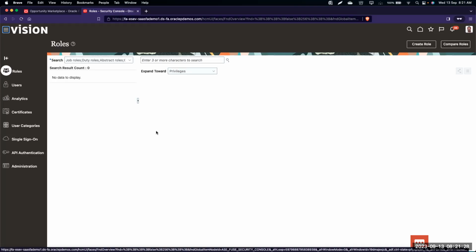Sometimes for production, the main instance, we will not have this IT security console role. It would be restricted to a certain set of users alone, because users who have access to this IT security console can access all the user account information. They can access all the roles, create roles, and change the securities. They can do anything and everything. Basically, it gives them complete access.